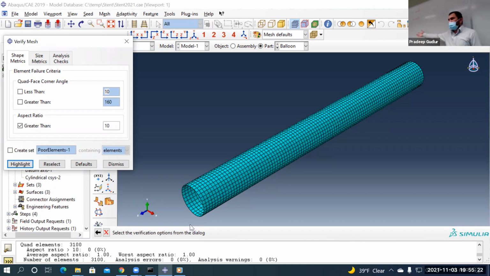It won't happen for the stent. The stent has complex geometry. Hope we get somewhere around 3. Less than 3 is good enough for us. Otherwise, you have some weird elements. So if you have something like this,